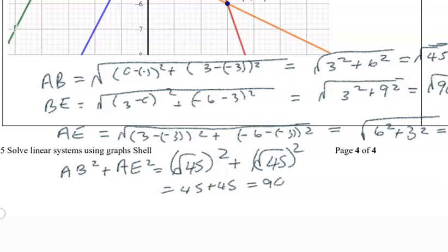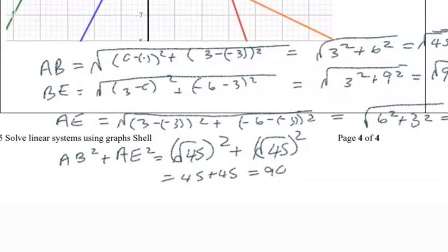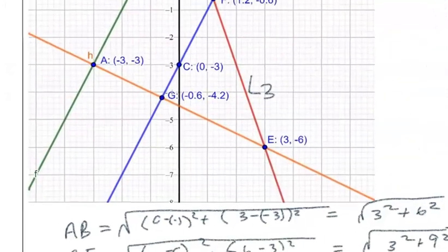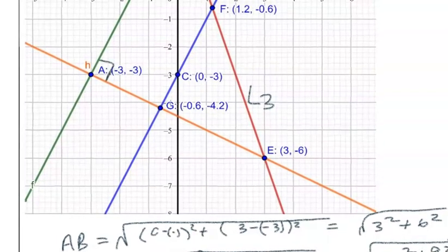And if I look at BE, and I square that, I get square root of 90 squared, so that is also 90. Therefore, AB squared plus AE squared is equal to BE squared. Therefore, Pythagoras can be applied here. Therefore, the angle at A, this angle here, will be 90 degrees because it's opposite the longer